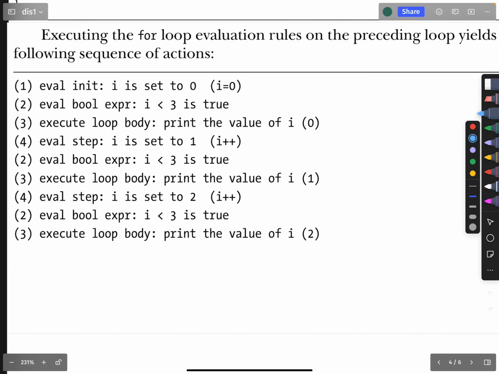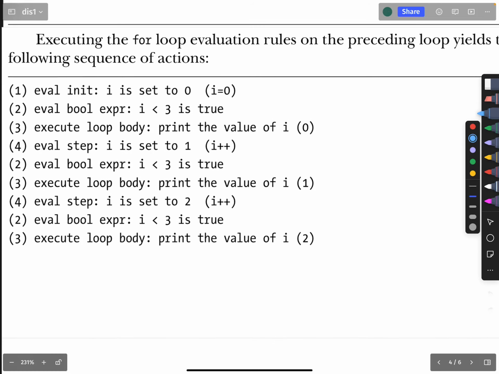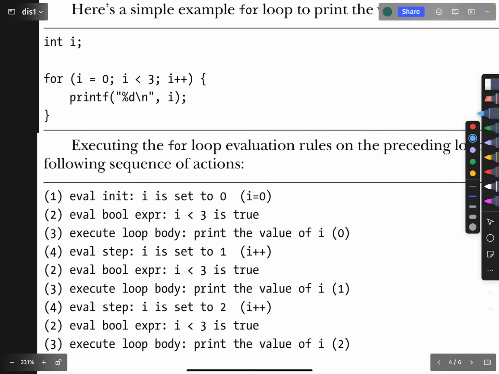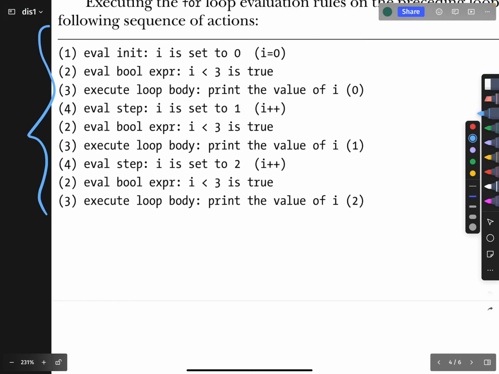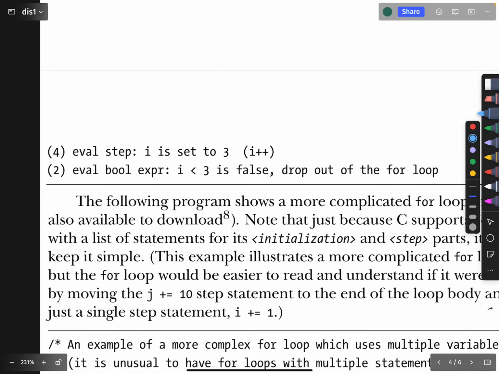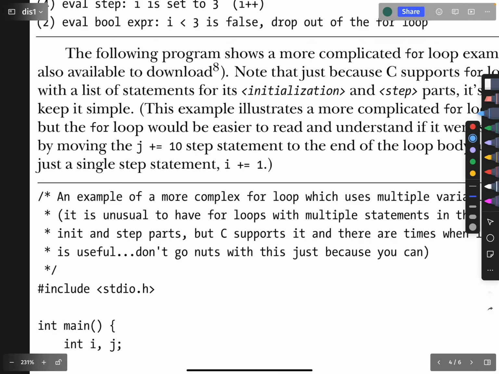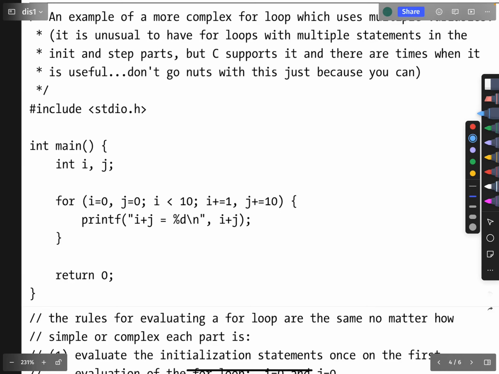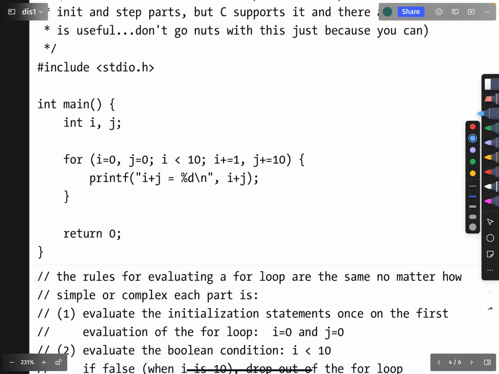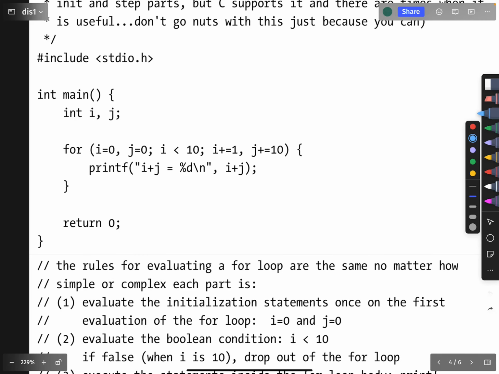Executing the for loop evaluation rules on the preceding. Oh yeah, so here it's basically just going to take this example and do an explicit walkthrough, somewhat like what I did up above, but we don't need to do another. Okay, cool. So here's what they're calling a complex for loop, which is complex in part because